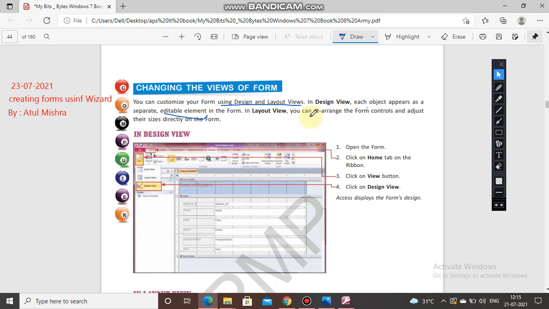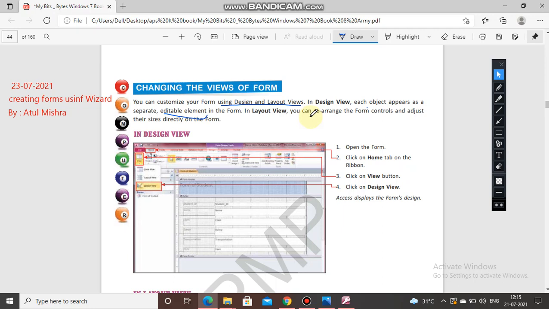Design tab on the ribbon. It's telling that Design tab on the ribbon. I am using 2007, so I hope it is not given in my menu, but you will get it in 2010. But then also I would like to find out about the themes. We can see, we can change it like this. The different themes, okay, yeah, like this it is given in mine.